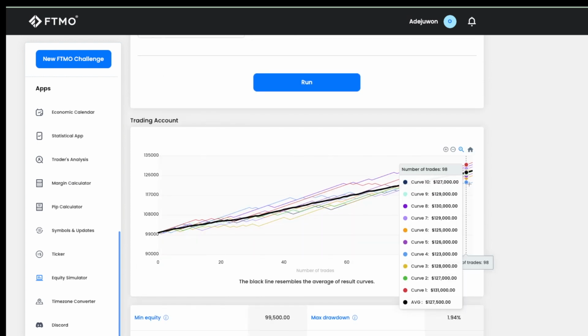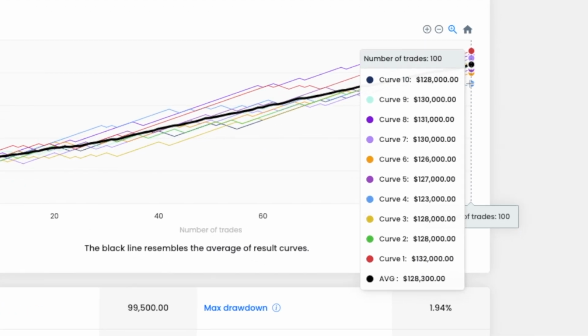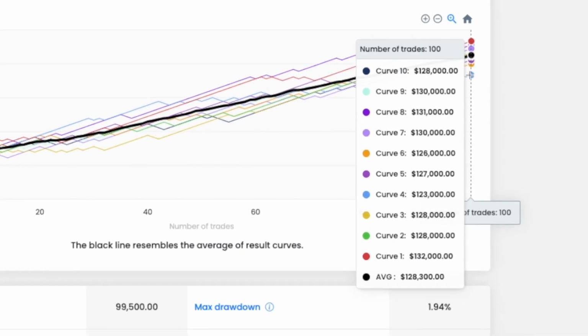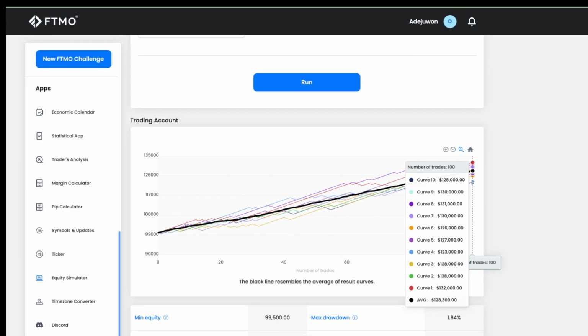And now we've run that simulation, and you can see here, so basically you've gone far past what you can do on the account, and this is 100 trades again, and on average you're at $128,000. So again you can see we've never blown the account out of 10 probabilities, even if you did low risk and you did medium risk as well.